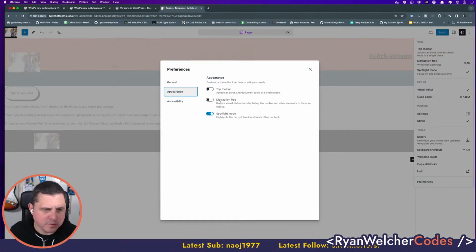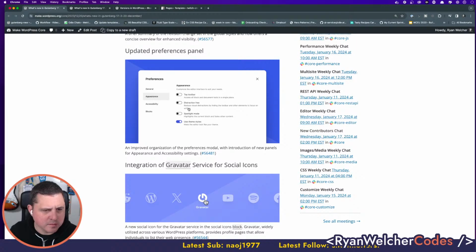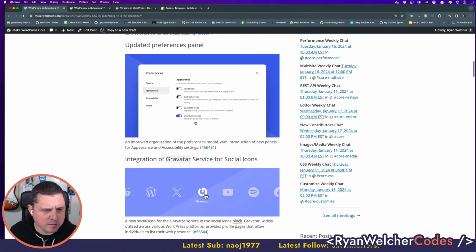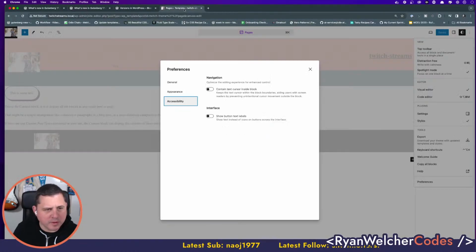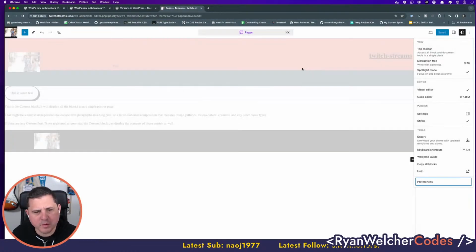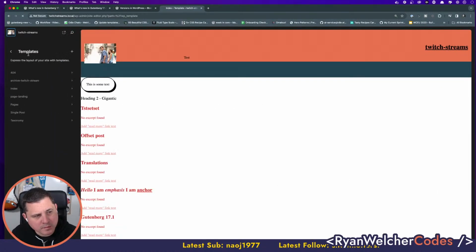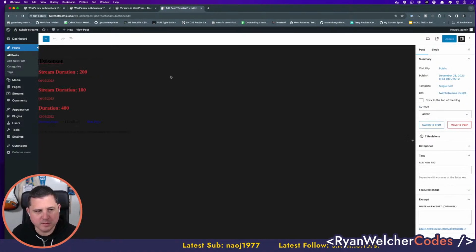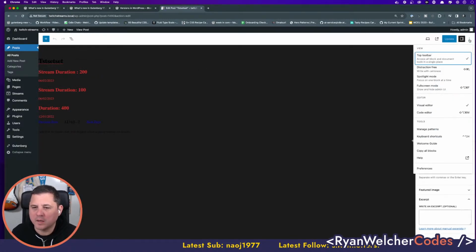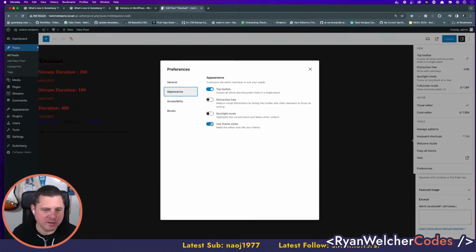Appearance. Strange that maybe they took that out. I don't know, but I'm not seeing it. Wonder if maybe that's in the block editor. I have a feeling there's different preferences for different areas. So if I just go edit a post. This is an awesome post. Oh, I think I broke that. I have to reset it. Appearance. There we go. Use theme styles.